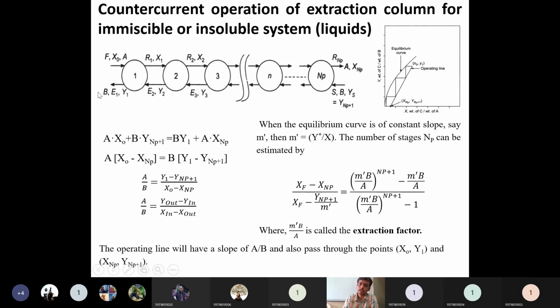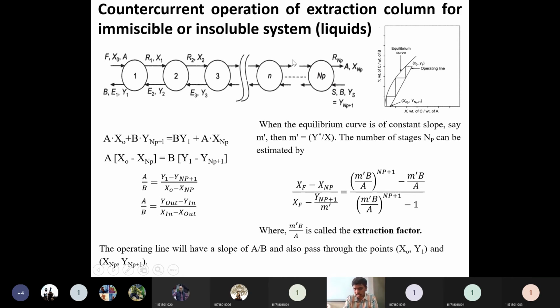Then the other way is to use the continuous countercurrent operation and balance all the stages. So how can we conduct the balance equation? All these stages are interdependent on each other, because the feed is entering from stage 1 and the solvent is entering from the last stage. That is not the case with the previous single stage or cross current extraction. Here they are all interdependent, because all the extract streams as well as all the raffinate streams are moving simultaneously. One stream will have an impact on the next stream. That's why we call it an interdependent system.